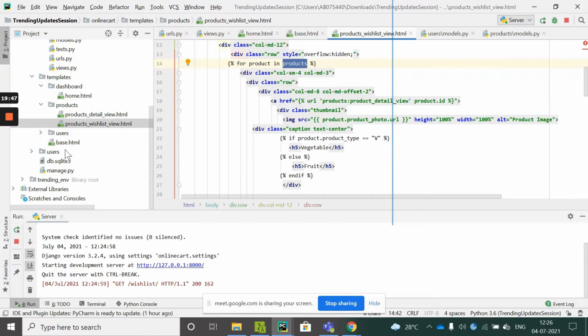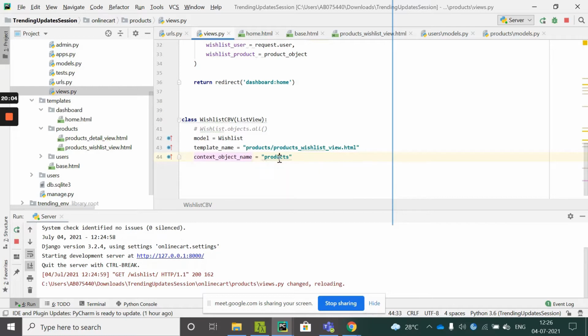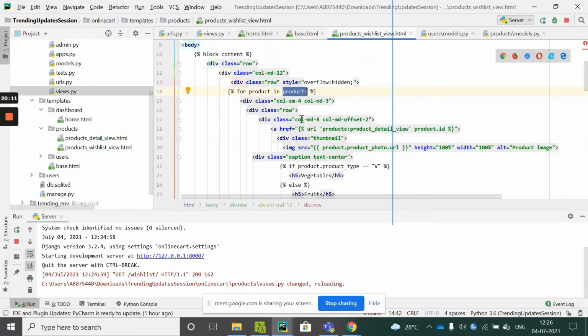If you want, you can change the name of the context object name to products. Whatever context you added will go into the context object name. Once you save this, these products are available now to this page.